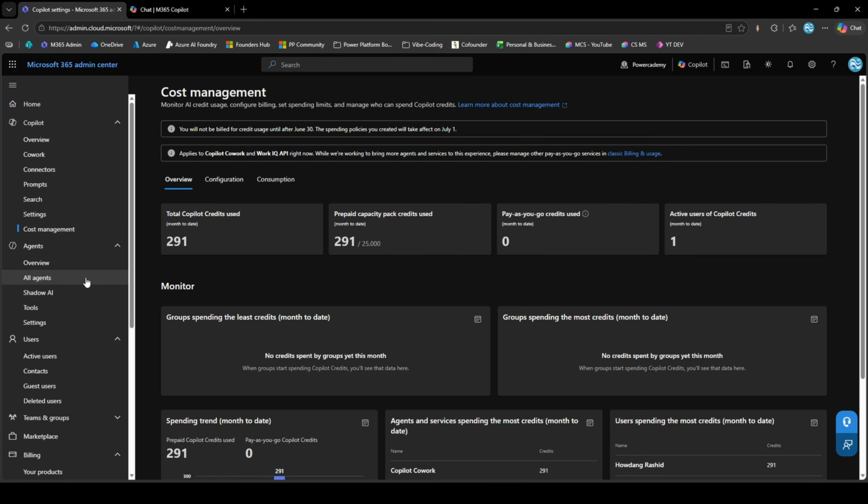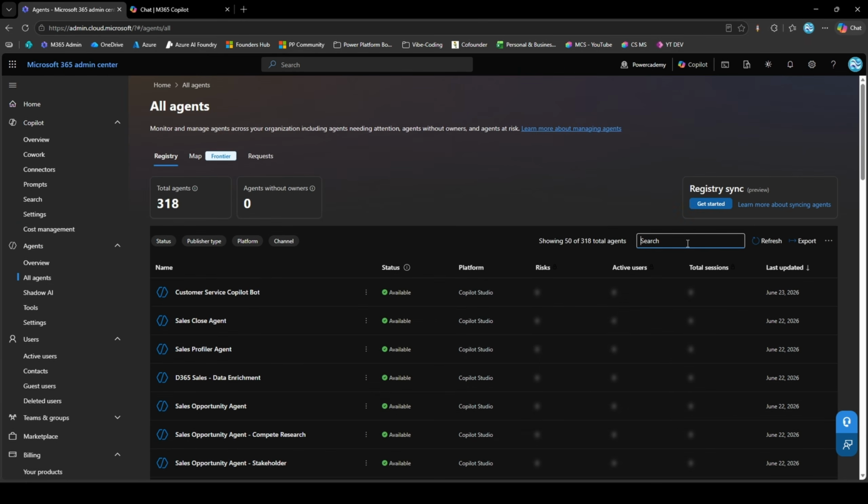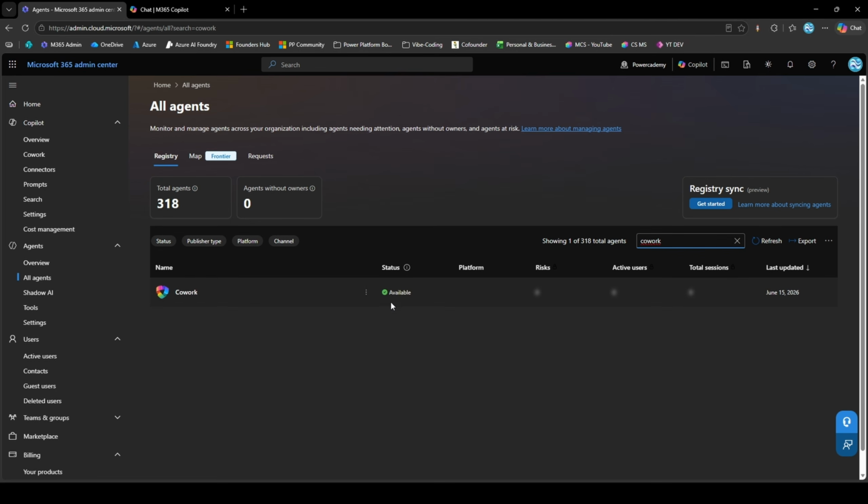go to the agents pane here. You need to go to all agents and you need to look for Cowork here with the search box. Just type it in. And here it says available, but you need to ensure that you click on these ellipses and you press install. Now here I have it installed, so I've already got this. But if you don't have it, it will say install. You need to click on it, and then it will install Cowork within your machine, or within your tenant, I